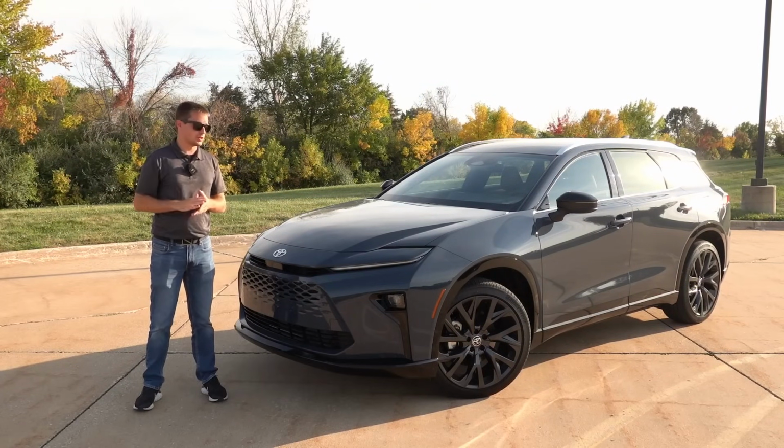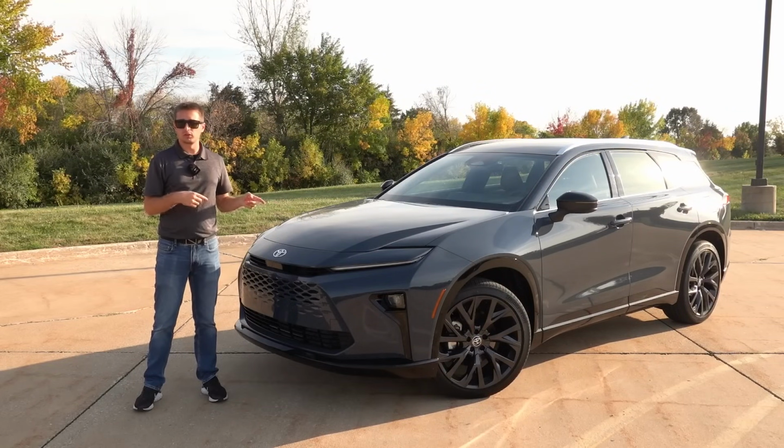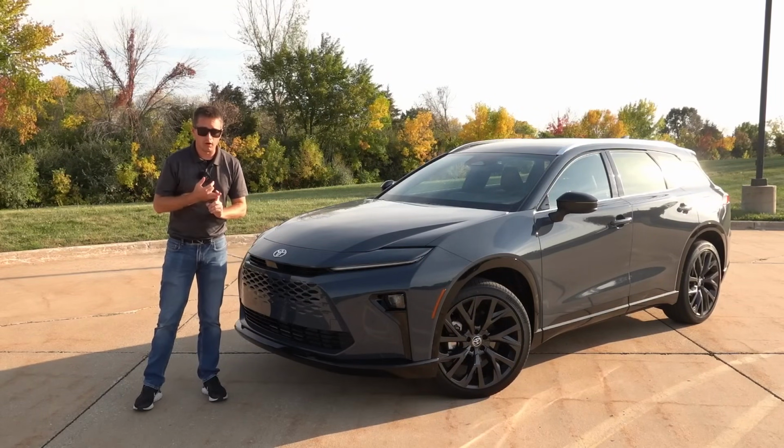Do you agree, disagree, want to add additional items that you believe should be on this list on either side of things? And do you own one of these vehicles or even the standard Crown, and how has your ownership experience been? I think as a whole, extremely positive in terms of the powertrain, the overall body style that it is,